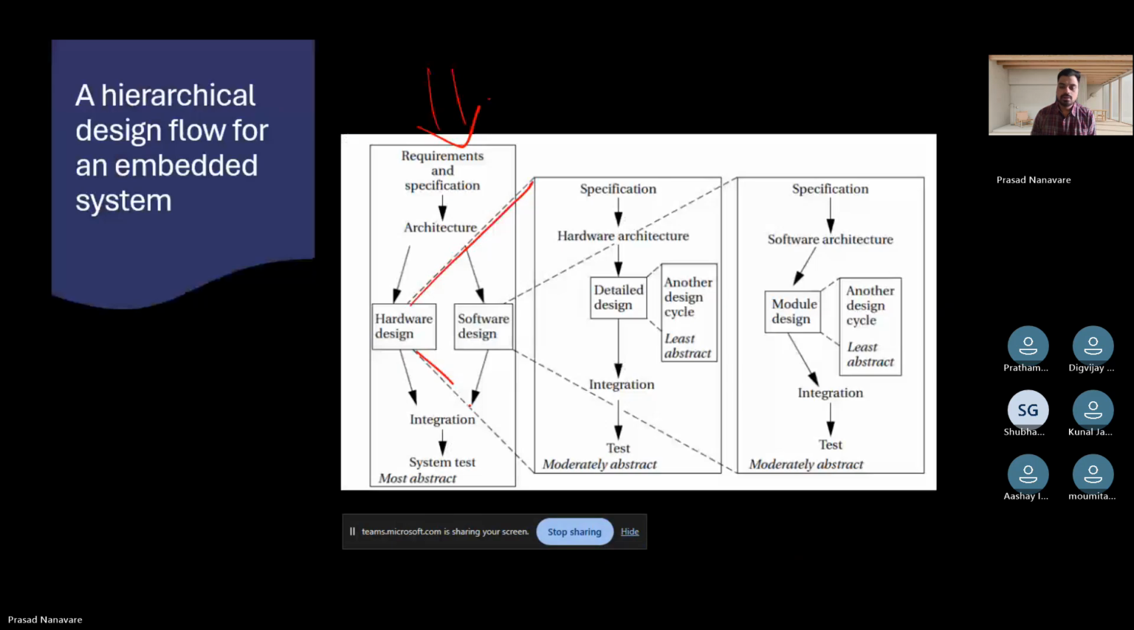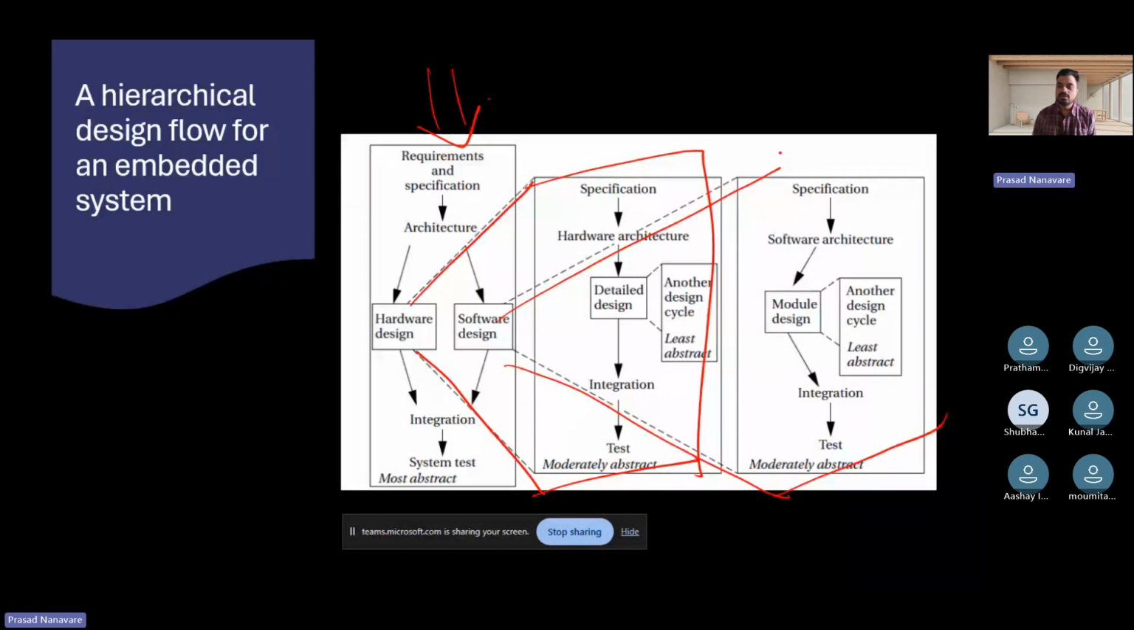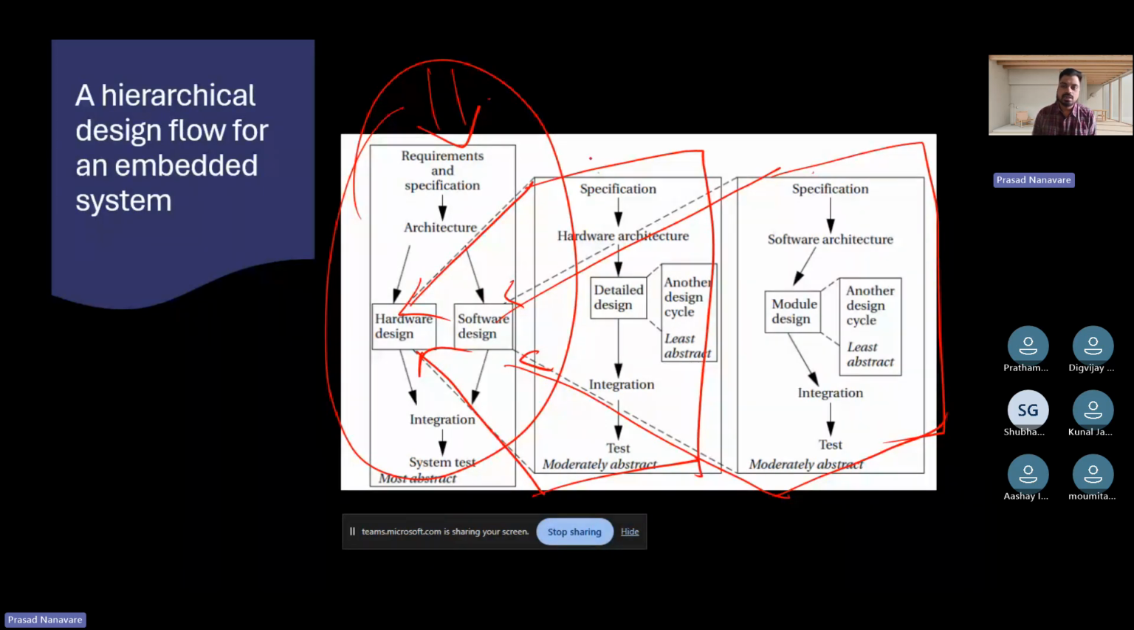Okay, the hardware thing and the software thing. Okay, define in more details. Okay, so it's going here. I mean, this is the basic diagram and the expanded version of each phase. Okay, so hardware system and software system